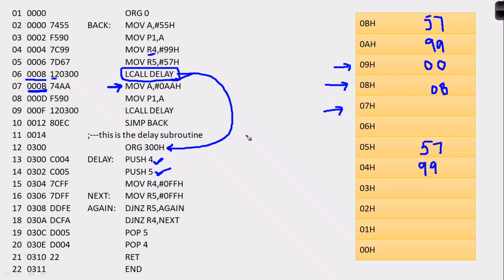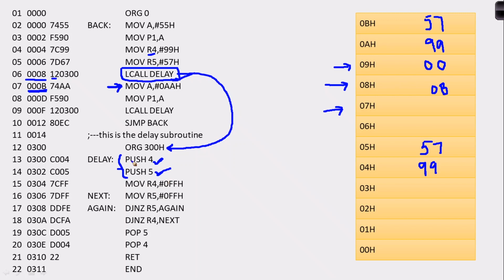Here one might think: if you look at this, we are using push instructions inside a subroutine program. So whenever you want to come out of a subroutine program, however many pushes there are, that many pops should be present in that particular subroutine itself.